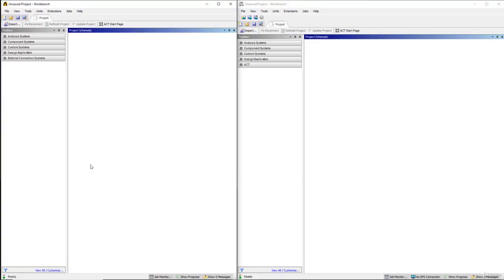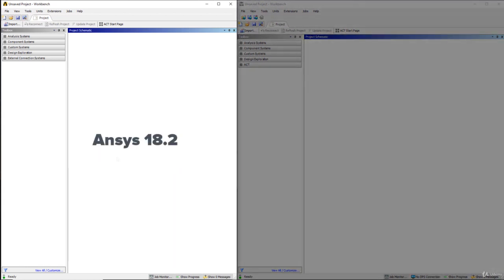In this lecture, we are going to see what interface changes have taken place in terms of the Engineering Data Manager module and the Design Modeler module, which are two of the most important modules that we need to learn in Ansys Workbench software. For that purpose, I have opened two different versions of Ansys Workbench, and towards the left side